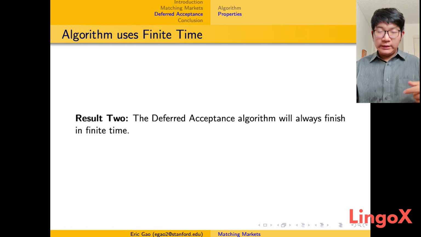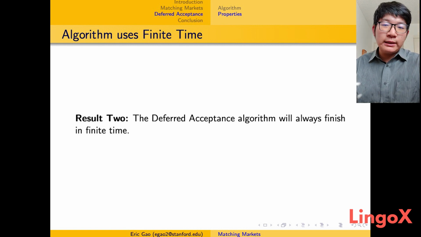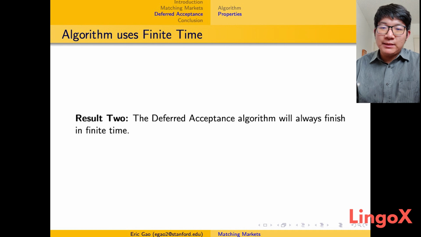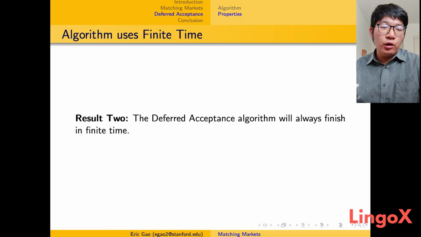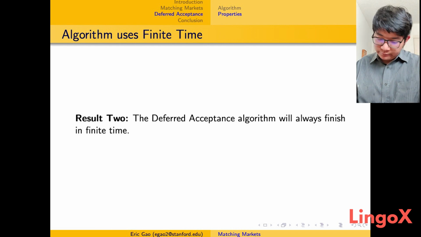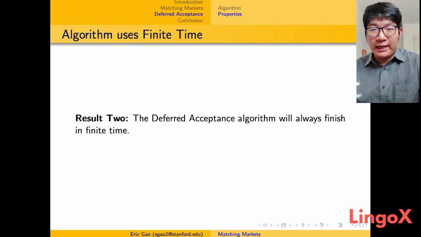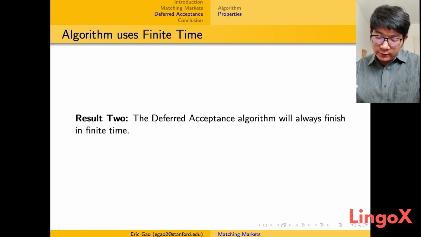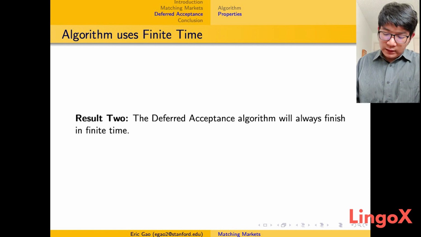Okay, so the second result is, how do we know that this algorithm finishes, right? Are we guaranteed to come up with a match? Because we already know that if we end up with a match, the match must be stable. So now the question becomes, do we know we'll always end up with a match? And once again, we have a positive result, that yes, we will always end up with some sort of match. And in particular, it finishes in finite time. So this means that we won't ever get endless cycles of universities accepting and students proposing and so on and so forth. So the key assumption here